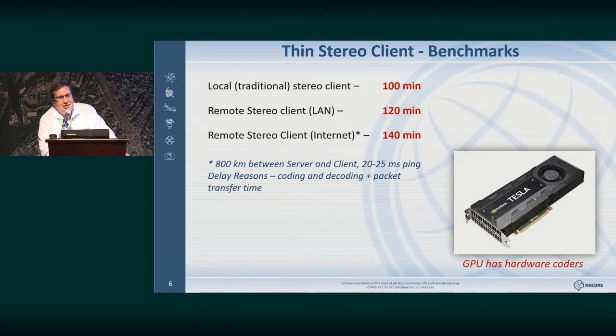Then the farther the server is from the user, the longer the time. We made such an experiment. First, we placed it at our place and did the same vectorization on the same project, but by using not the standard PHOTOMOD stereo, but this remote stereo client.